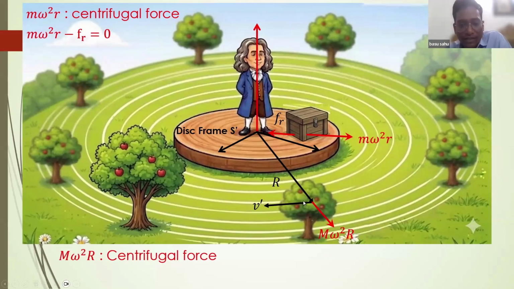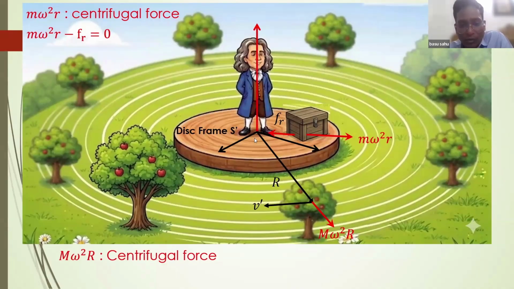If this observer is observing the tree revolving around the center of the disk, that means with respect to frame S dash, this tree will have a centripetal force. First, you by heart realize this. Without the centripetal force, circular motion cannot be possible. Only centripetal force will act. First, you realize it. Then we will find from where the centripetal force is coming. That is altogether a different thing.